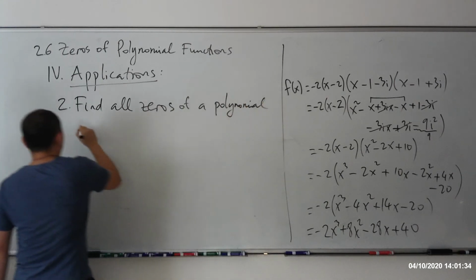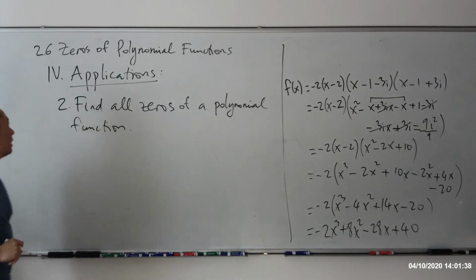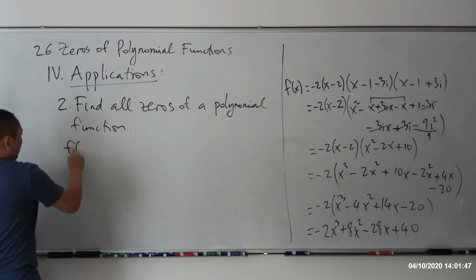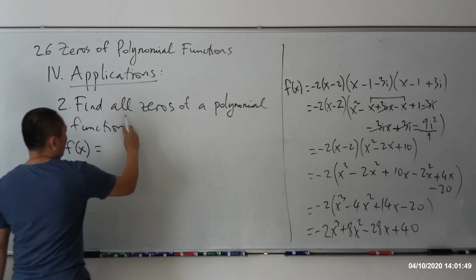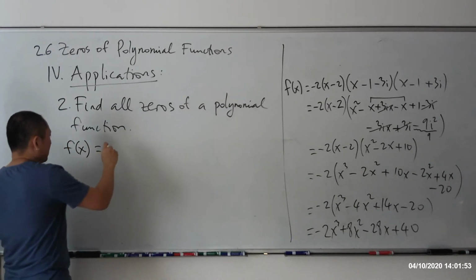polynomial function. So in this topic, we're going to give you a polynomial function. They ask you to find all the zeros of this polynomial function. So let me start with an example. Say f of x, polynomial function. f of x equal to, make it up,